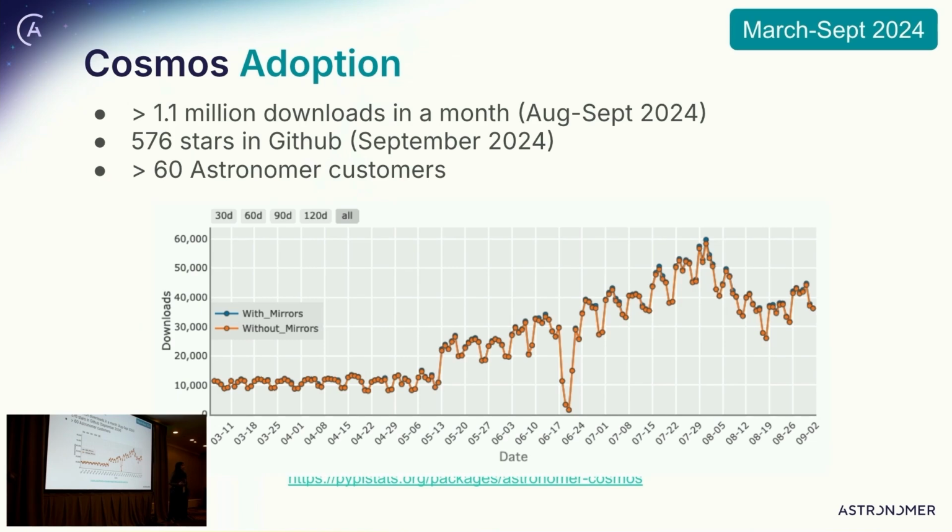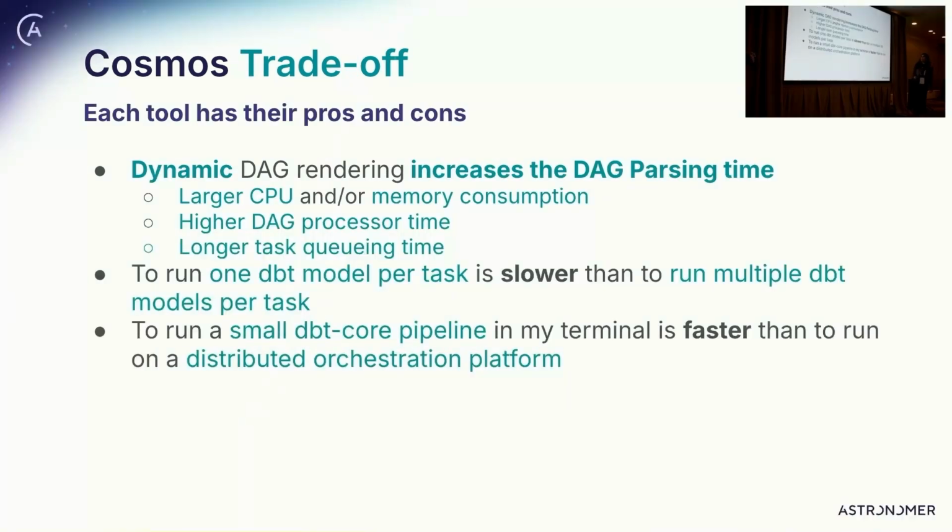And this is super exciting because if you think about it, last time I checked, Airflow has 20 million downloads per month. dbt itself has 10 million downloads per month. So it means potentially that 1/10 of dbt users are actually trying out Cosmos, if this is representative, which may not be. So we're very excited with the adoption and the feedback the community has been giving and the contributions that we are receiving.